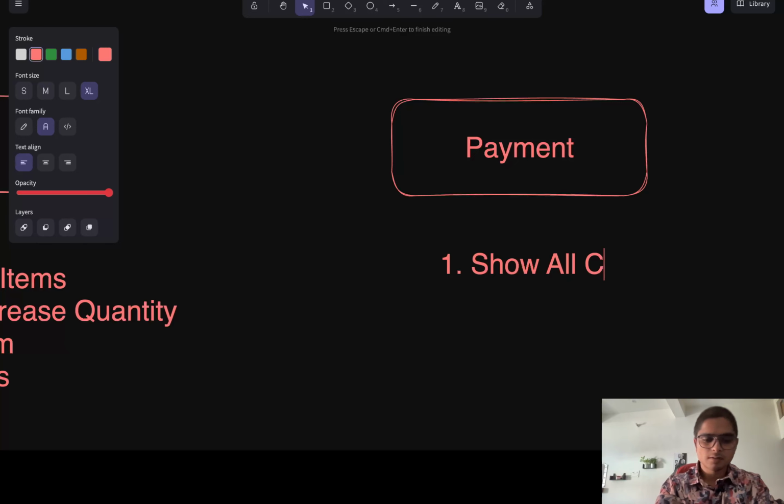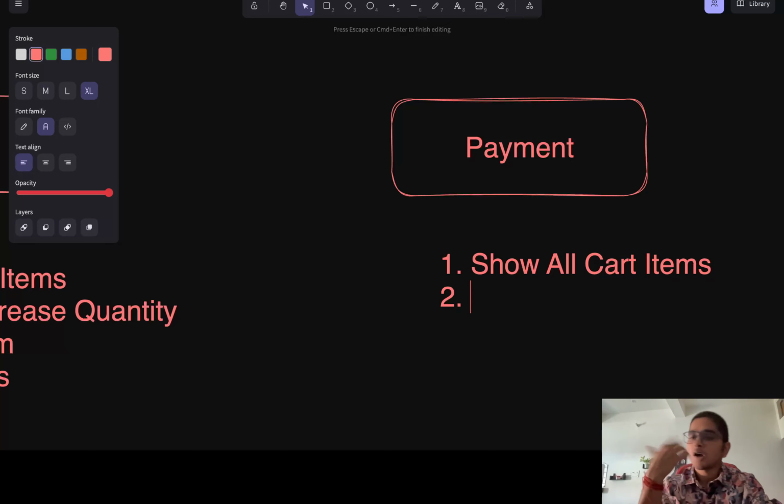Show all cart items. Okay. Second thing you want to show here is how much money you have to pay, right? Obviously, that should be on cart actually, but we are saying we don't have a payment option here. We don't want to complicate it further. Then we can say